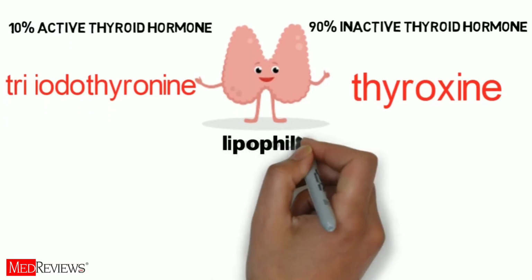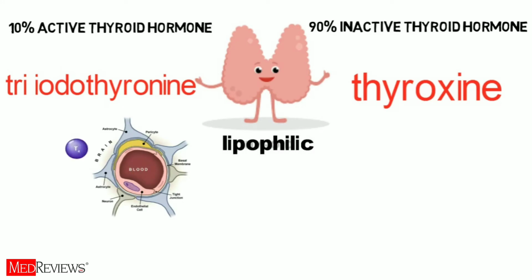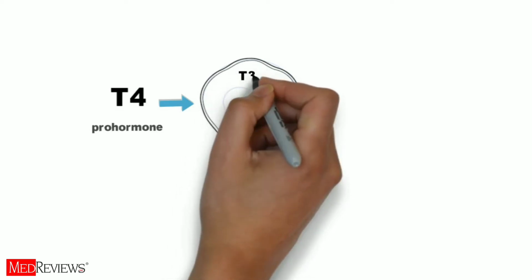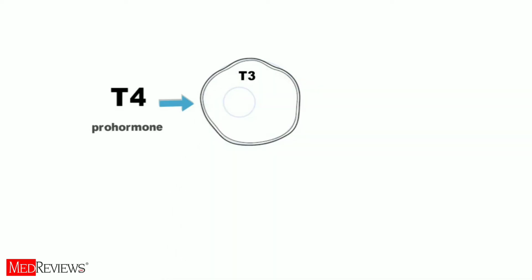Thyroid hormones are lipophilic and cross the blood-brain barrier and placenta. They are bound to transport proteins and only a small fraction is free and active. Thyroxine is a prohormone. After entering the cell it is converted to triiodothyronine, which binds to the thyroid hormone nuclear receptor,